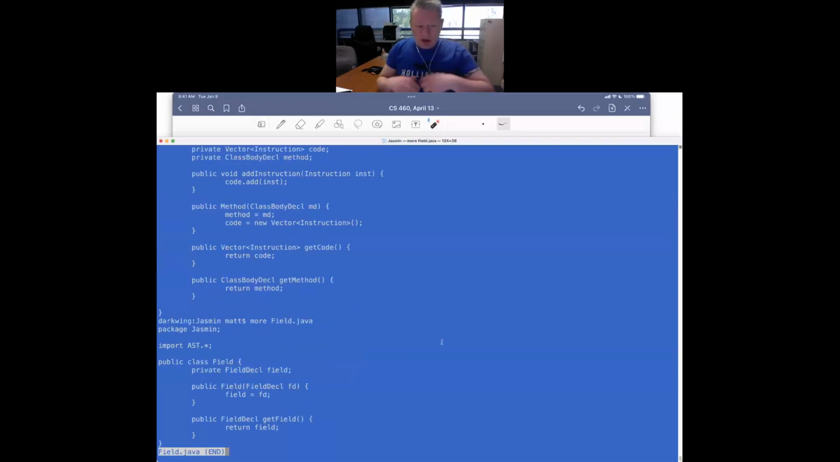So as we encounter these things, they get injected into this class file. Every time we see a class decl, we start a new class file. Every time we see a method, we start a new method. Every time we see a field, we put a new field in. And then once